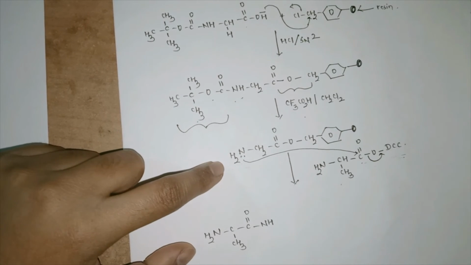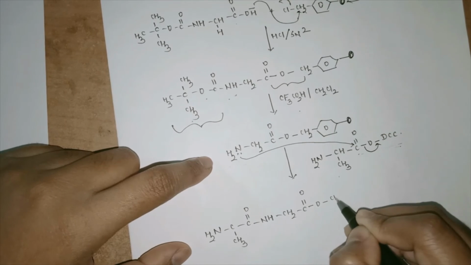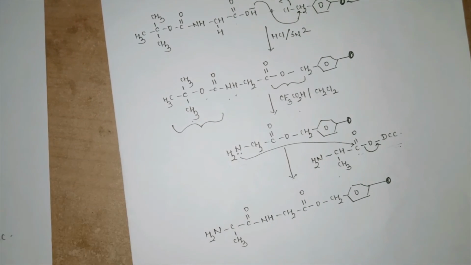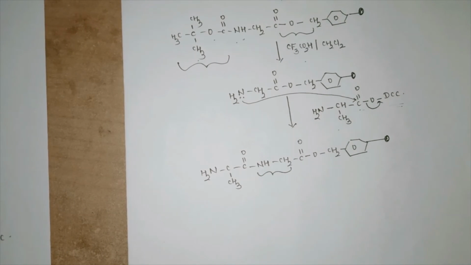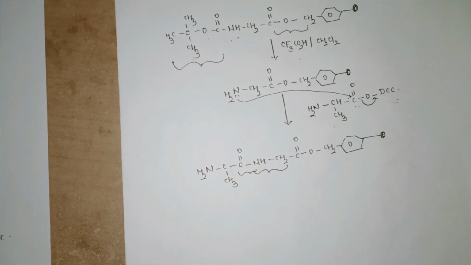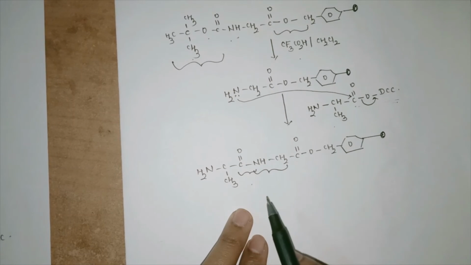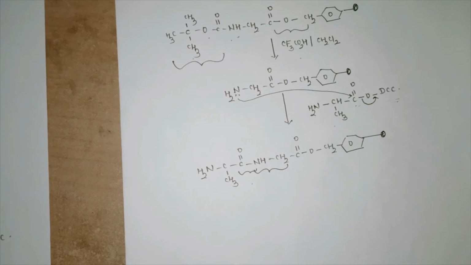It has come from this particular free terminal, CH2, C double bond O, OCH2, which is attached to the resin. So in turn, I could synthesize a system which is a monopeptide. We could synthesize a system which is a monopeptide system, and then in turn I can easily go on continuing this kind of chain. Now this would help me so that there will be a synthesis of n number of